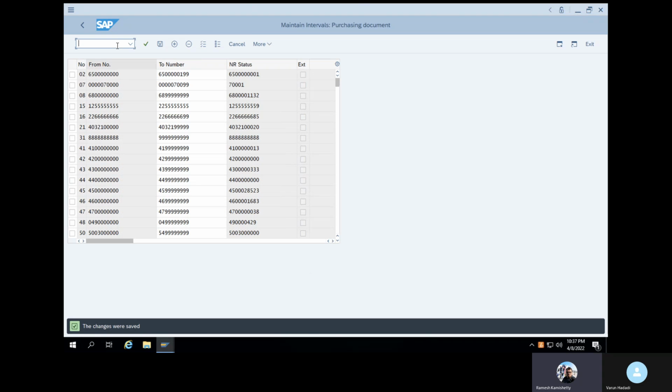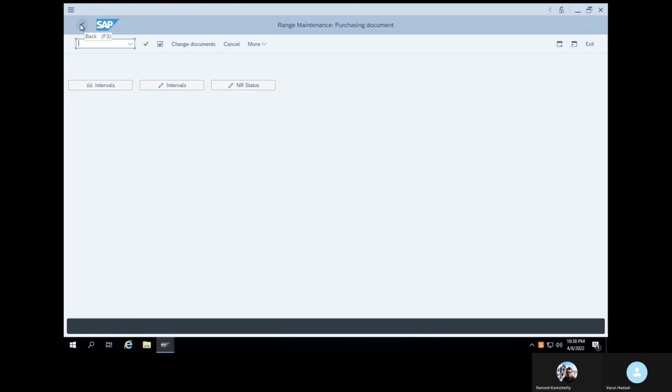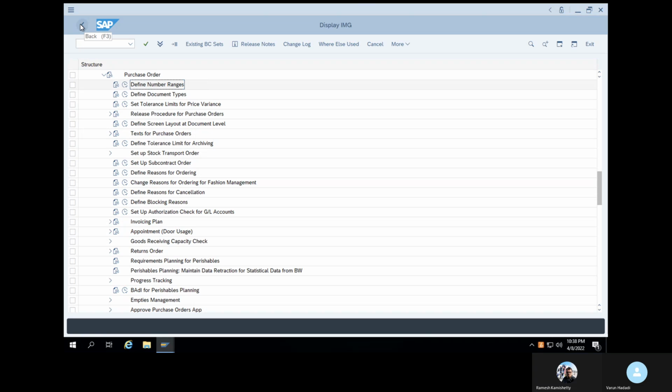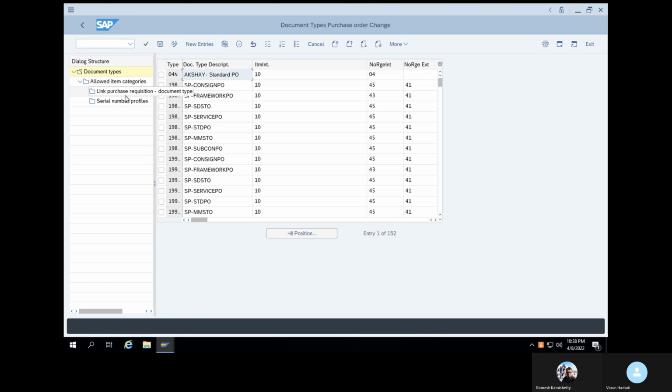So now go to document type and assign this 97 to the internal number range. Go back. If you don't know 97, you can select from the drop down also. Look for VRNB, click on position.